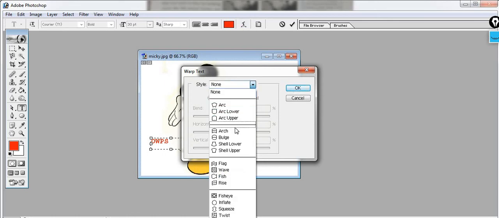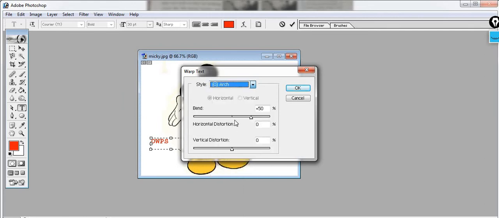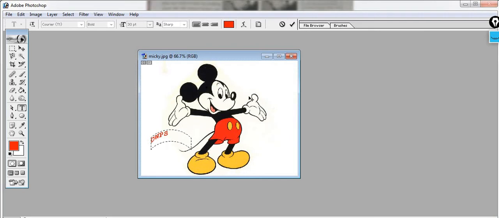From here we can make it in arc shape. We can give it arc shape like this, or in place of this arc shape, we have other facilities too. So like this we can give special effects to this, right? And wherever we want to move this, we can.